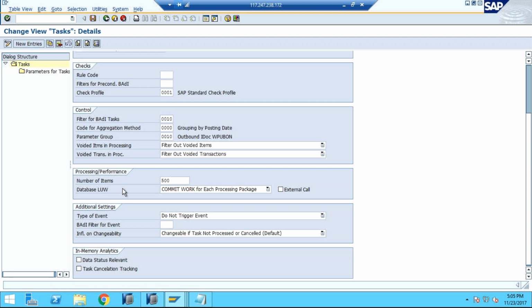At that moment, the database logical unit means, like we already discussed, when you choose 5,000 for posting, the database is locked on that time and no other process is possible for WPU bond. Only 5,000 will be processed, then the other 5,000 in the next scenario. But if you don't